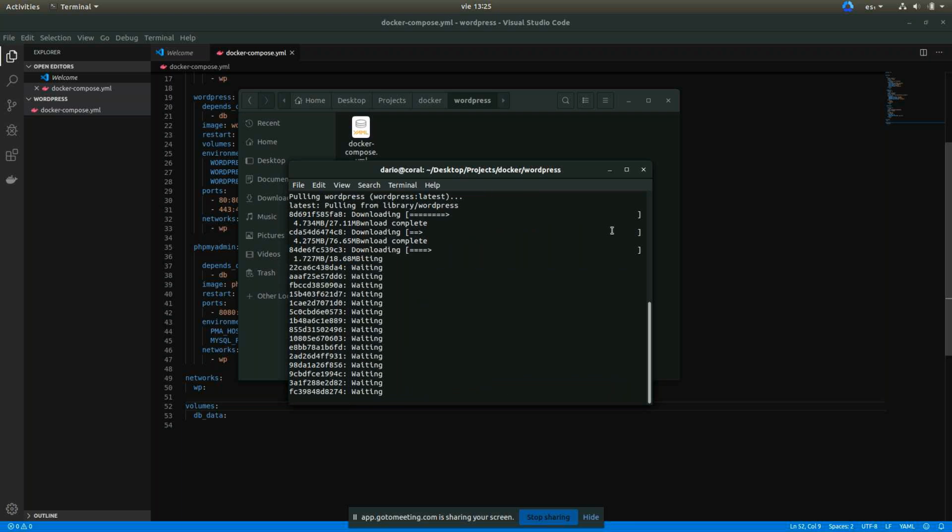Now it's downloading and configuring the WordPress image.